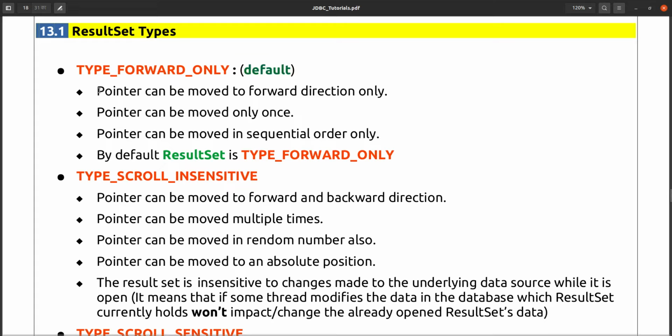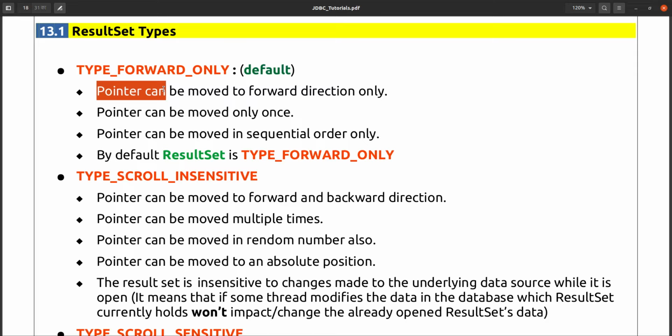And what does type forward only say? Pointer can be moved to the forward direction only. So what is a pointer here? Pointer is nothing but like an index, or like a position, at which position you are processing the record. Suppose I am processing the first record, so the pointer is pointing to the first record.